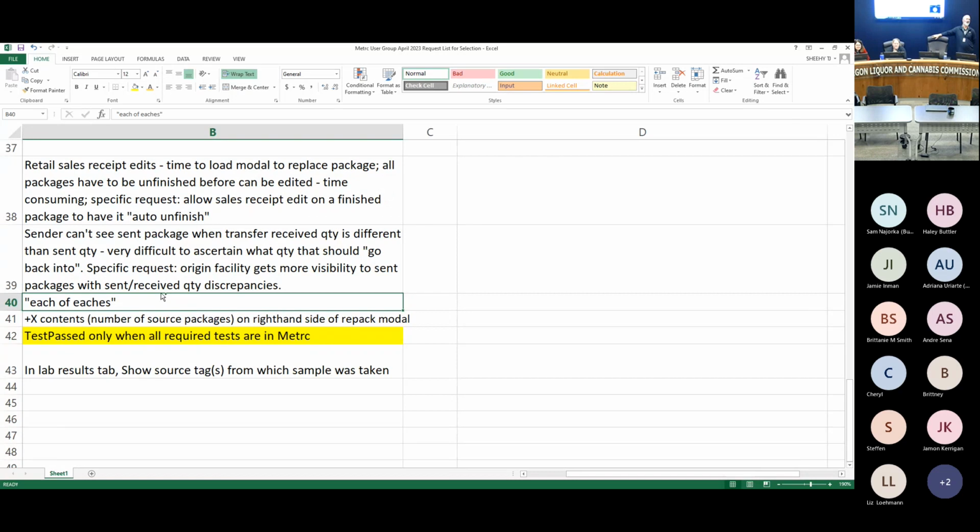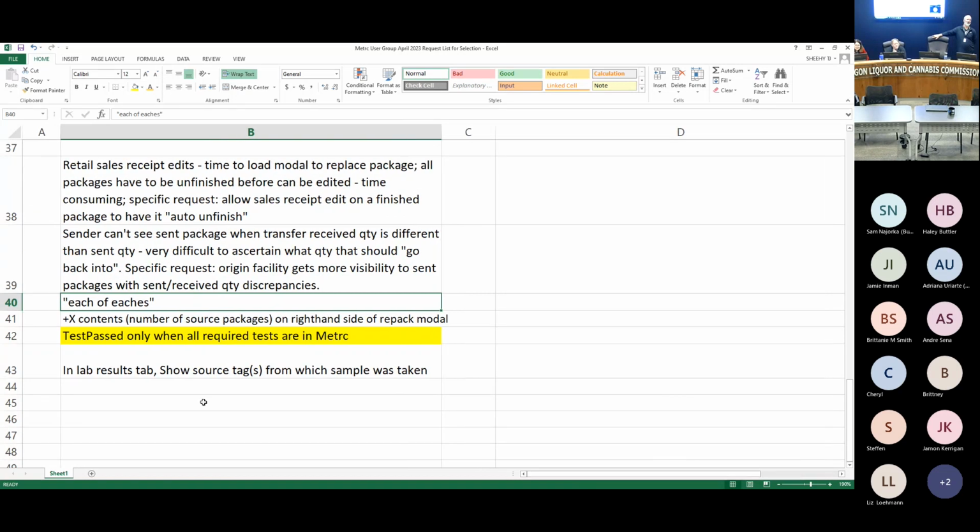Yes. Okay, so one of the other ones that we have, and we feel it's simple, is trade samples. As a producer, we can make anywhere between 15 to 20 trade samples per test package. But they get lost in Metrc in the tabs as we're creating pound packs and half pound packs and pre-roll packages. And the spinning wheel of death is just not a friend to any of us. And so being able to have a tab that we can just click on and see all trade samples available,